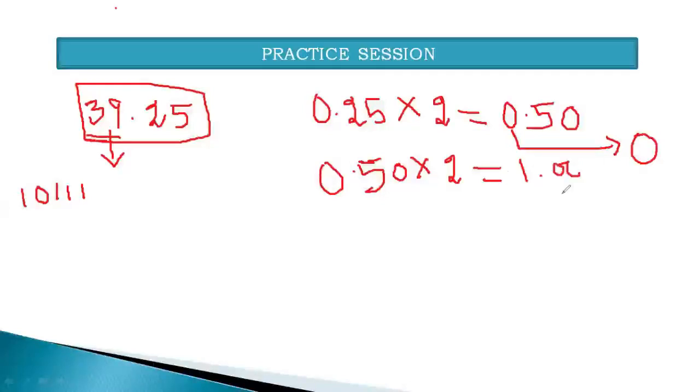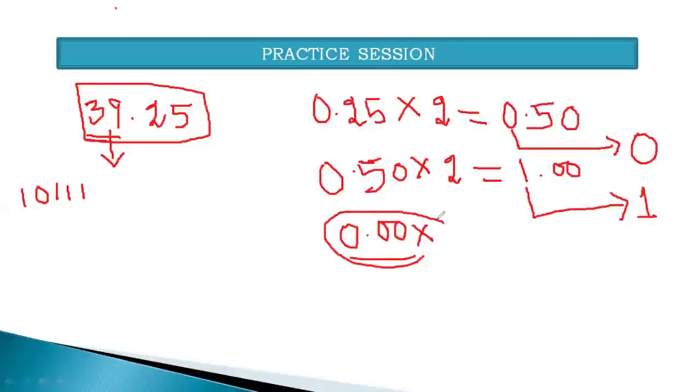Extract the number written just before the decimal point. The meaning of extraction is that you have to subtract it. So I'm extracting the value written just before the decimal point, and that is 1. 1 has been extracted or subtracted. Now the final new result you get is 0.00. Now you don't need to multiply it with any number because any number multiplied by 0 will always give you 0.